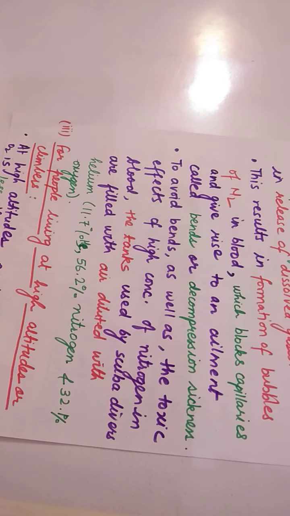So this is the application in deep sea diving. Generally, scuba divers dive in the deep sea. In deep sea, high pressure of air is there. As a result, due to increased pressure, solubility of gas in our blood increases, so nitrogen increases in our blood. When they come to the surface, the pressure of gas is low. Due to low pressure, solubility decreases, so gases tend to move out from our body. So in our blood capillaries, N2 bubbles are formed.